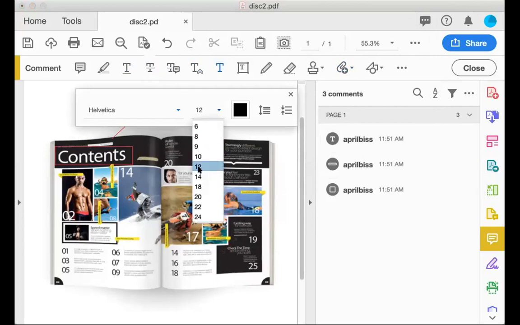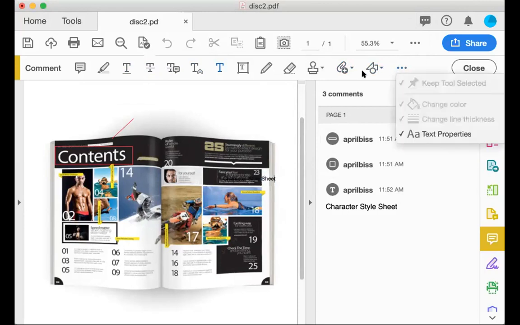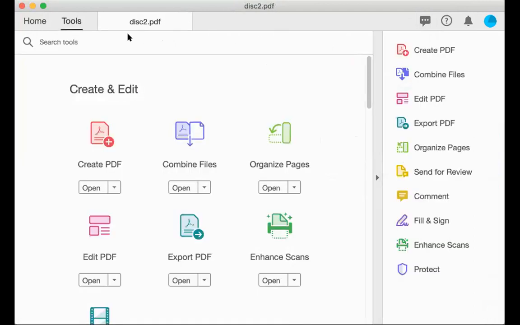You can use your different fonts, choose your size, everything all good. And then you can type in here, character style sheet. And then let's move that over using your move tool, which, where is my move tool?